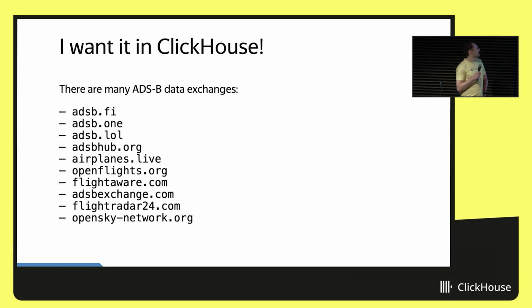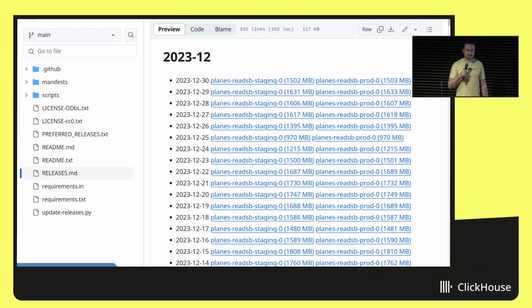ADSB.fi, ADSB.one. So fi is probably from Finland. One is, I don't know what, ADSB.lol. I don't know why it is named this way. ADSB Hub, Airplanes Live, OpenFlights.org, FlightAware.com, ADSBExchange.com, FlightRadar24, OpenSky Network. Plenty of data exchanges. And I have to figure out which of them provide this data, hopefully for free, for redistribution, whatever. And the most convenient was